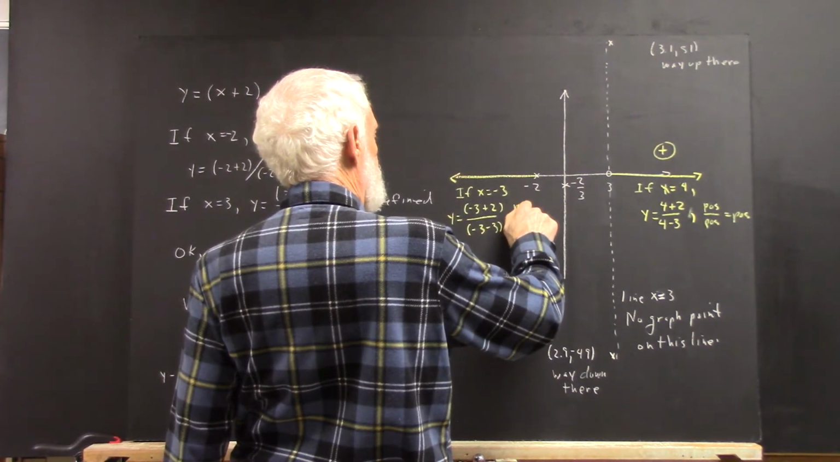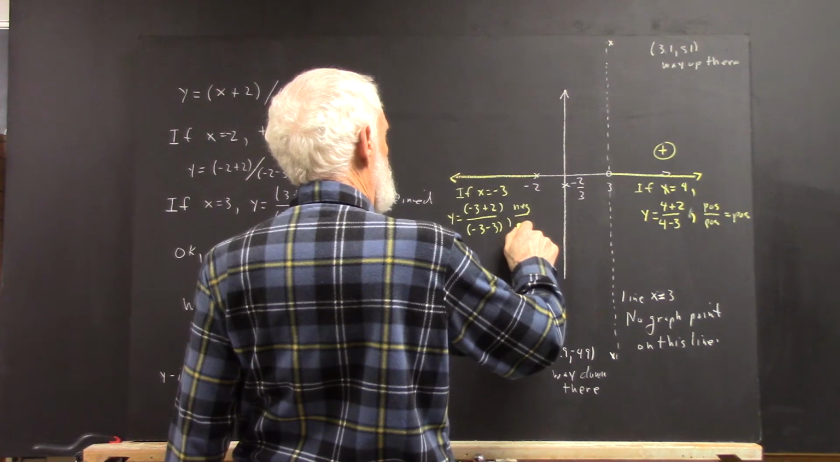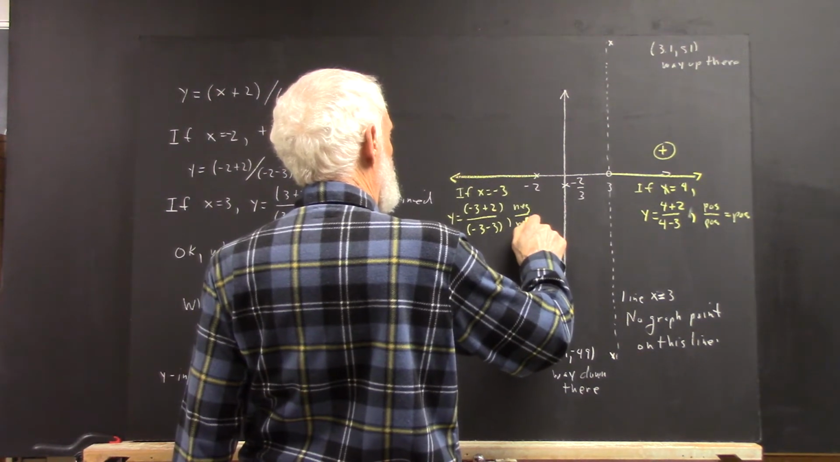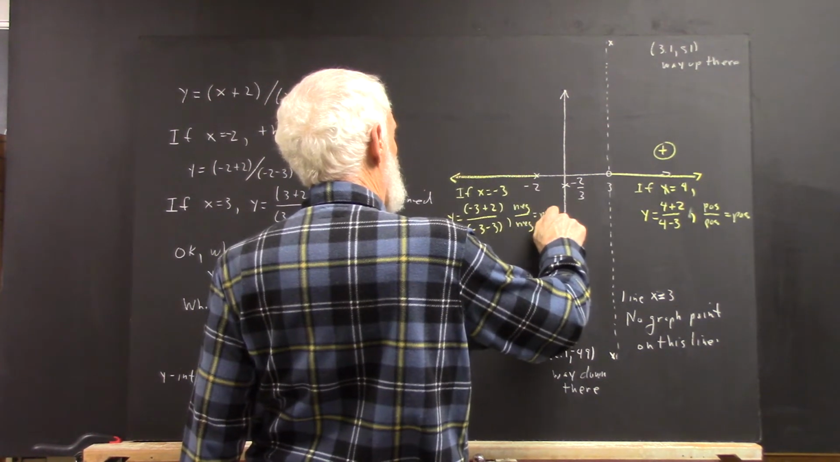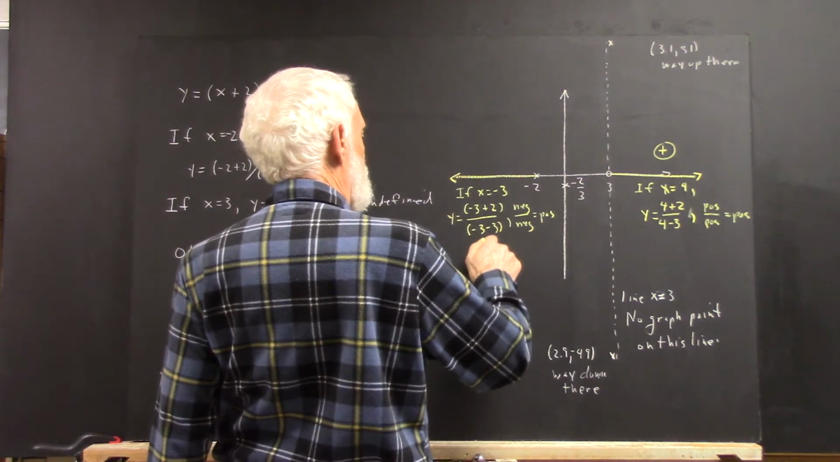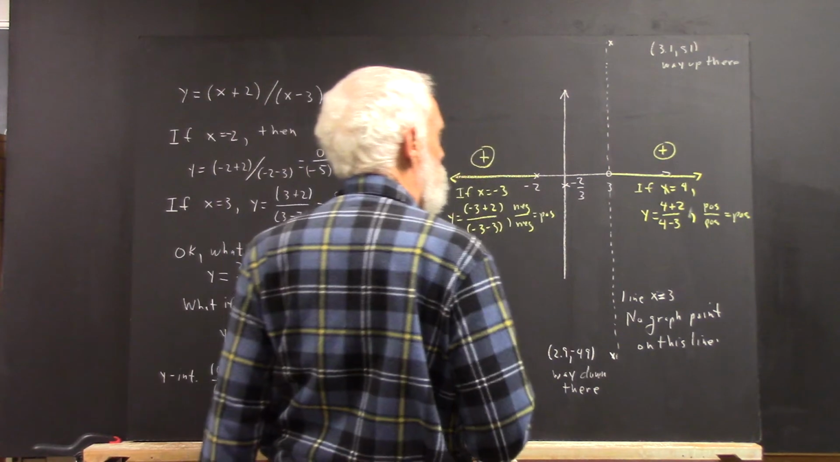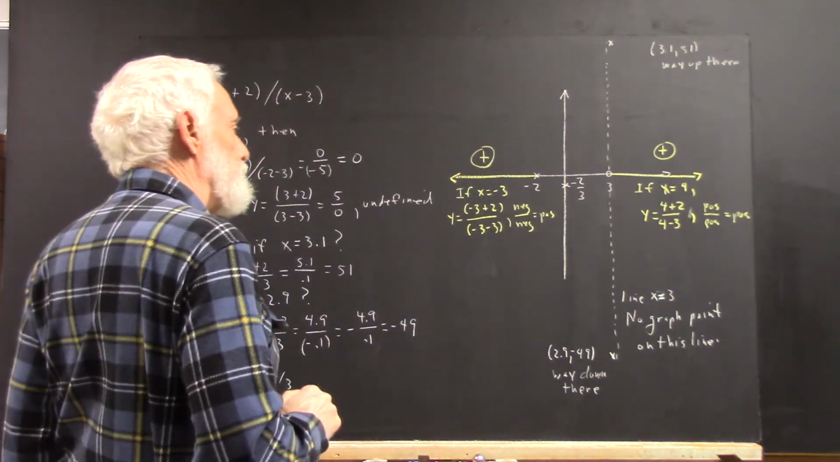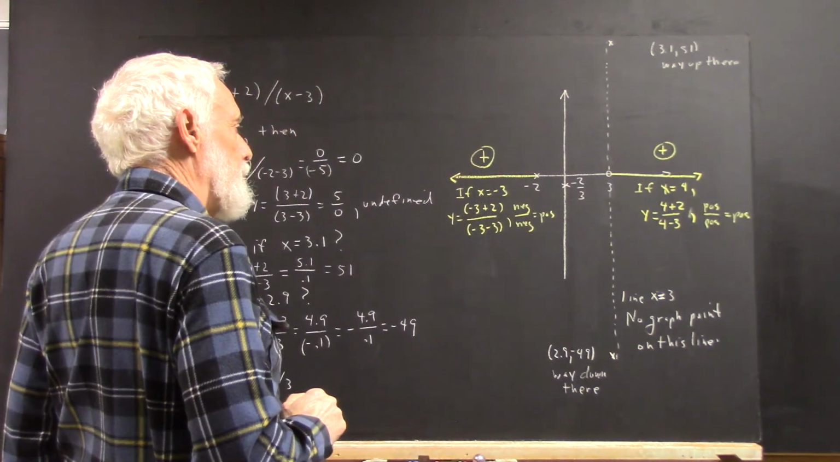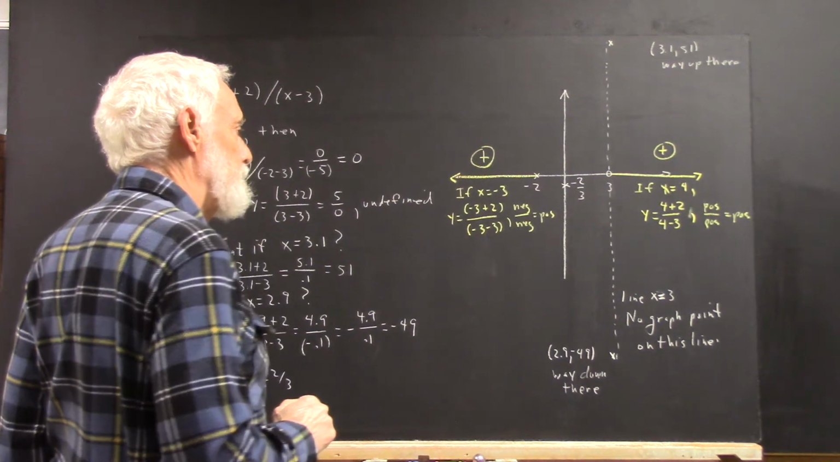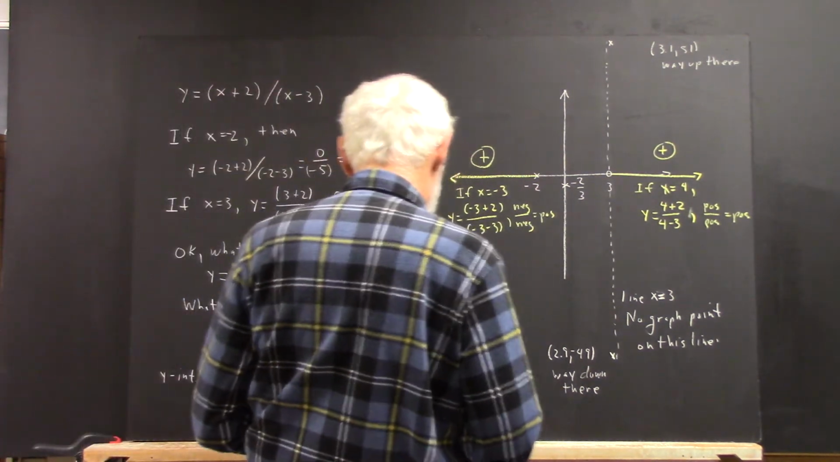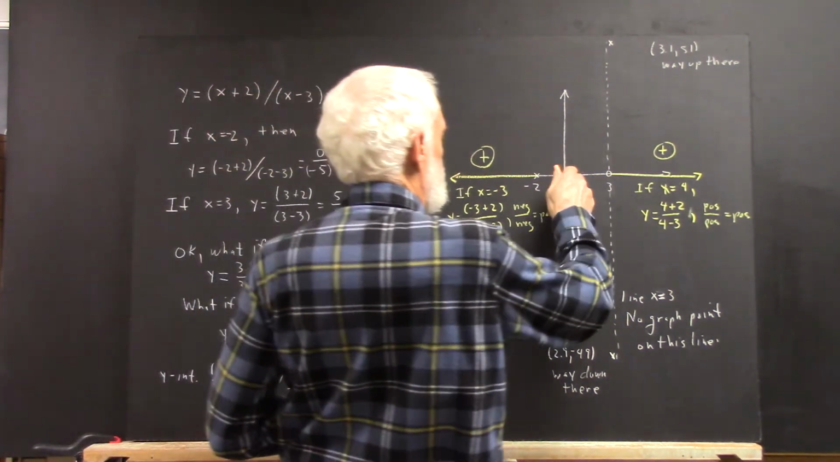This is negative over negative, which is positive, so we know it's positive here as well. And then between here and here,